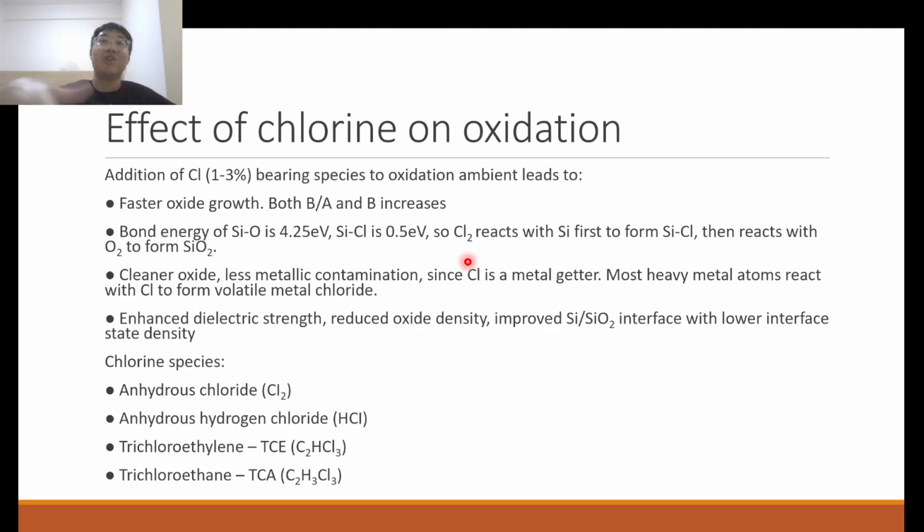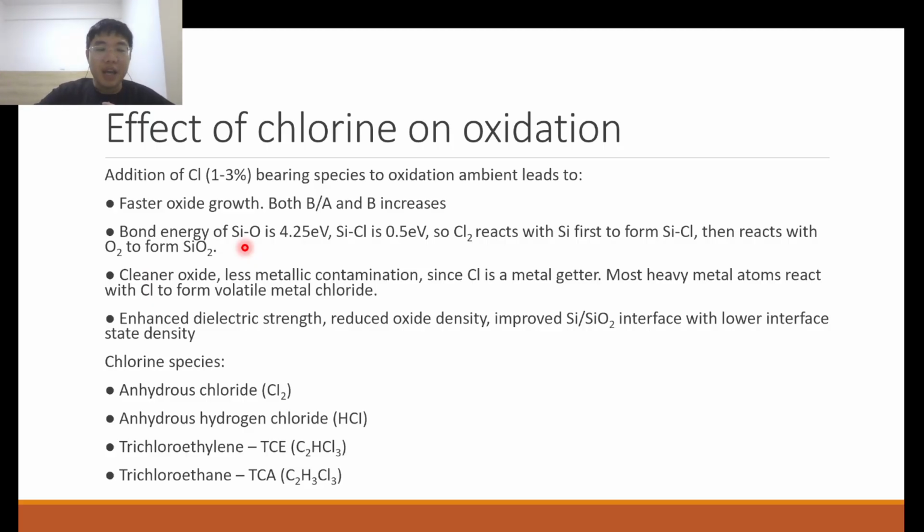Right, and this is actually also a principle that is exploited during certain etching of silicon also, by the way. But for now, we just look at the case of oxidation. So we see that the silicon chlorine bond is much weaker than that of the silicon oxide bond, and so basically we can deduce a mechanism where chlorine reacts first with silicon to form this SiCl bond, which is weaker, and that is easier to react and transform to the SiO2 kind of structure when oxygen is present